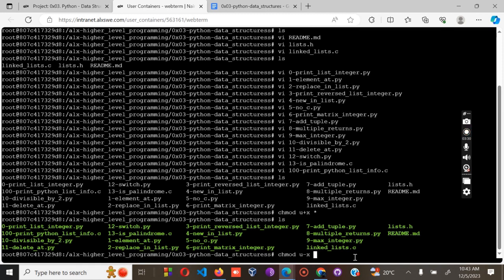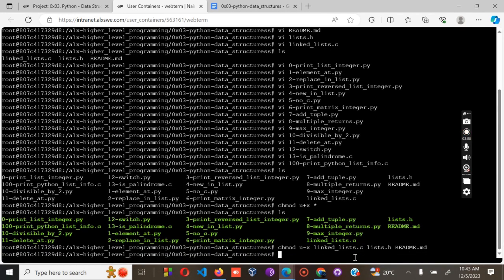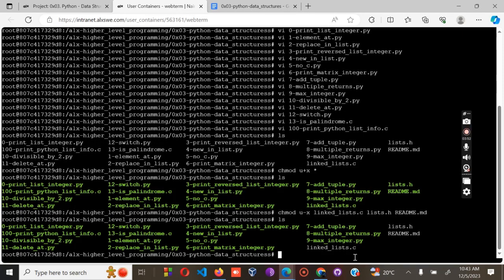Then I have the linked, and have the list, and there is readme. So those are the files that you are supposed to leave out. As you can see, the color has changed from green